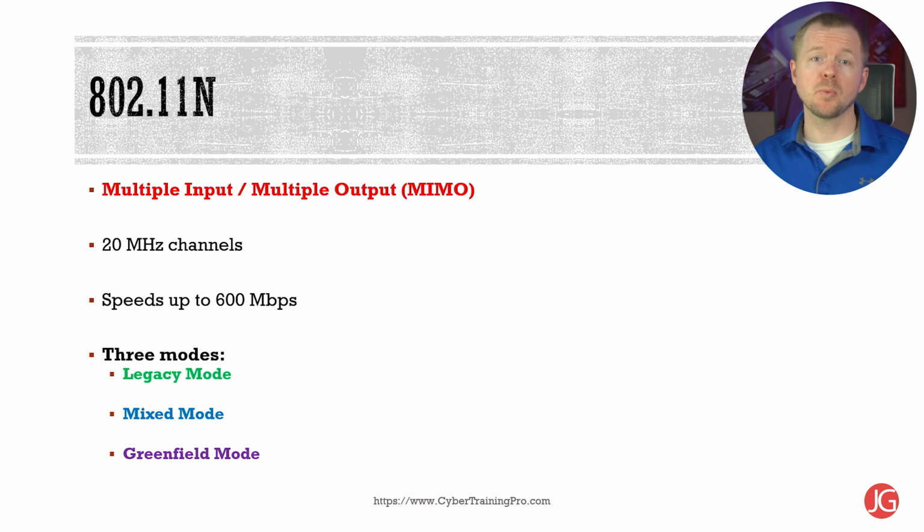802.11n, also called Wi-Fi 4, brought several improvements along with it. This standard requires that all non-handheld devices use multiple antennas for a feature called multiple input, multiple output, or MIMO, to enable devices to make multiple simultaneous connections that are called streams. In general, 802.11n gives excellent speed, but if you increase the amount of antennas up to a maximum of 4,